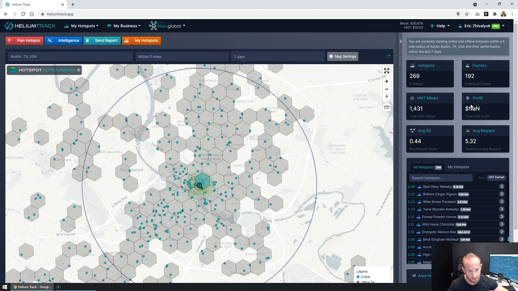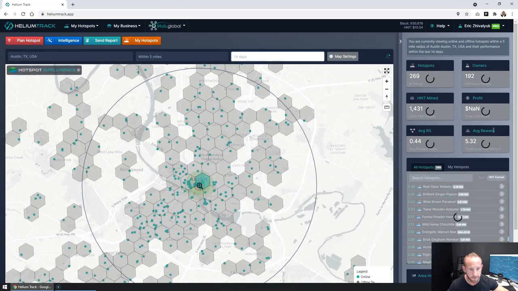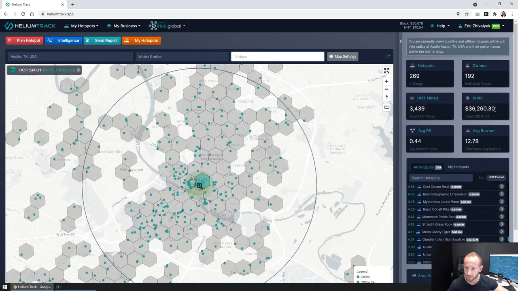Looks like we had a little error here. Let's go ahead and just update that and see what might be going on. Okay, looks like it was just a fluke. So within a 14-day time frame, we're looking at 3,439 hotspots. And collectively, over this time frame and this 5-mile radius, these 269 hotspots have created or have profited